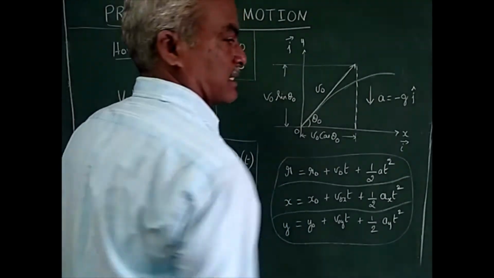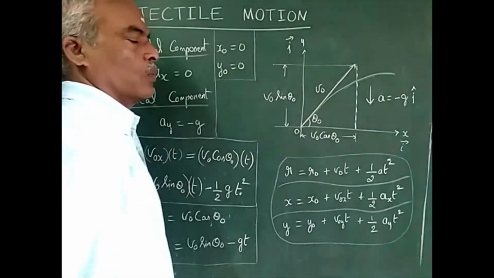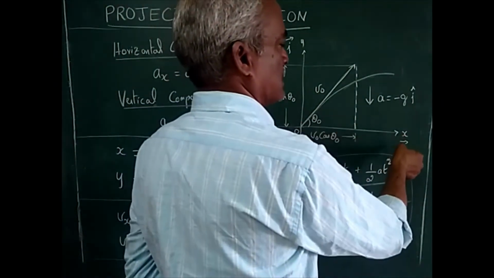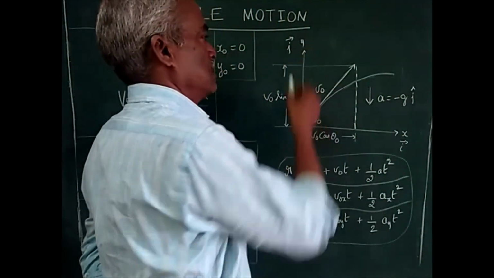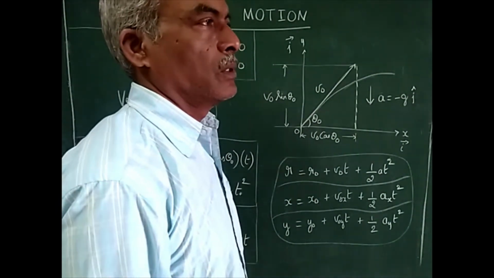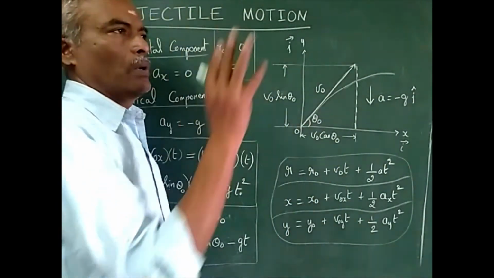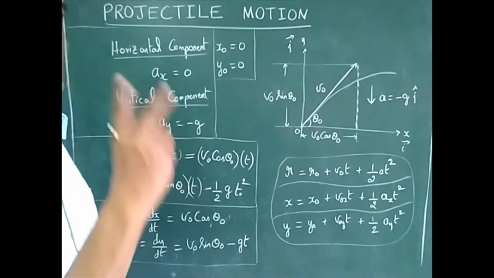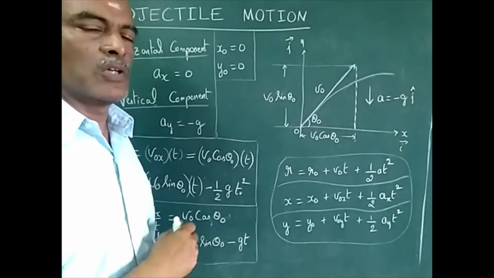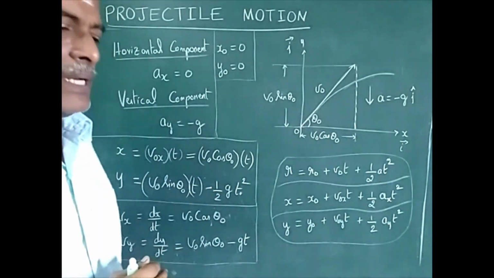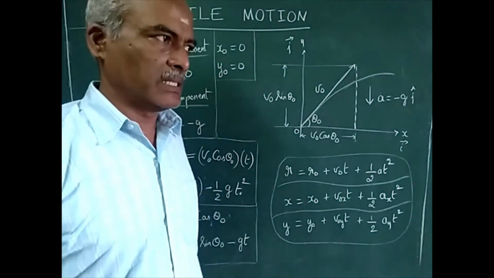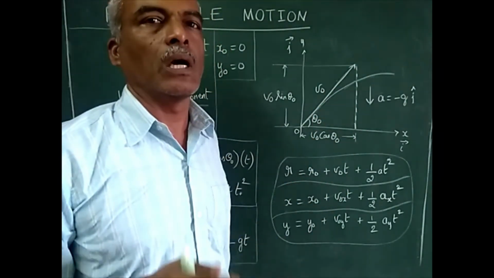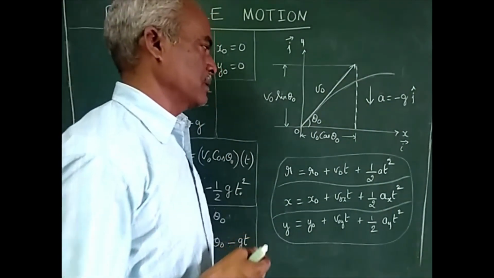this is the x-axis and this is the y-axis. In terms of vector notation, I call this the i vector and this the j vector. So when I throw a ball, it takes a parabolic path. So it has two components: a horizontal component as well as a vertical component. This we saw earlier. So any point in two dimensions can be represented with a horizontal component and a vertical component.